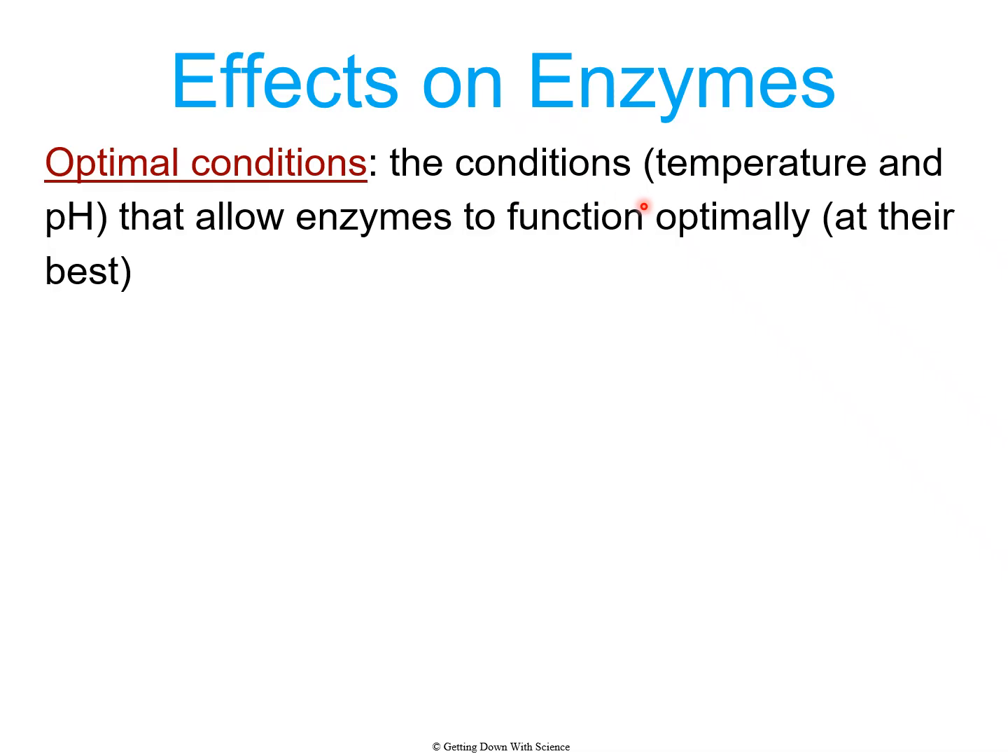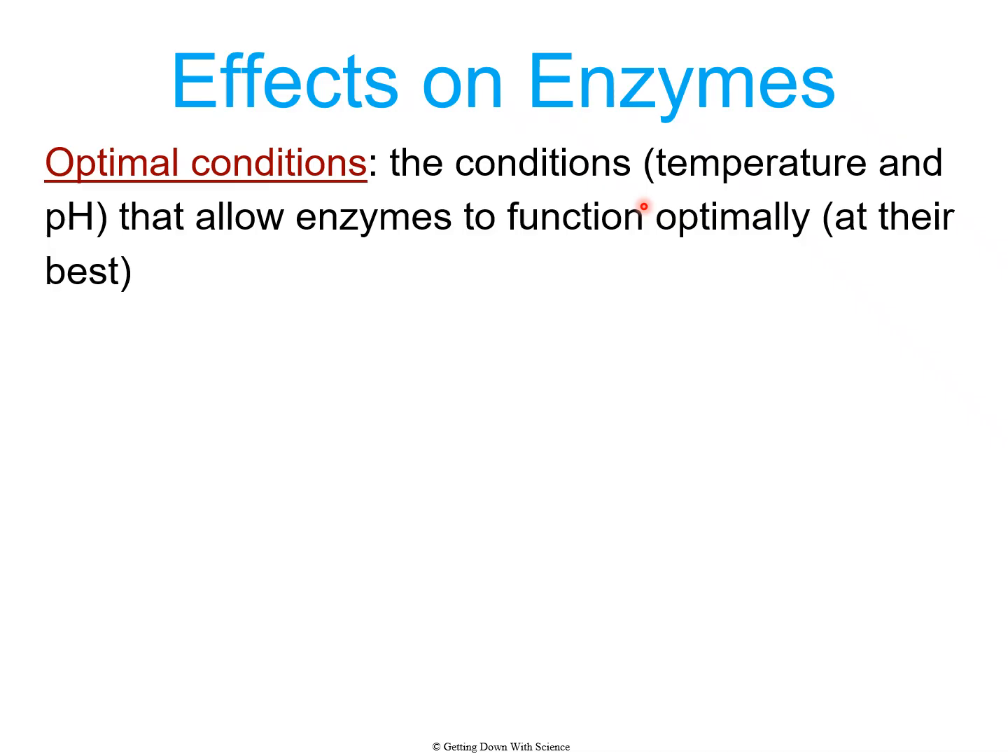Not every enzyme requires the same conditions. Some enzymes function best in acidic environments. So for example, pepsin in the stomach. The stomach is a very acidic environment with hydrochloric acid, and that's how pepsin best functions. Some enzymes require more alkaline or basic environments in order to function. So, for example, trypsin in the small intestines